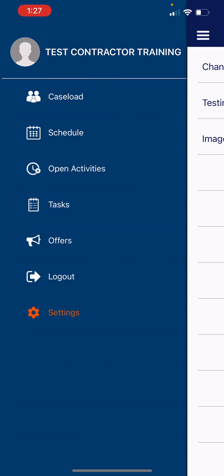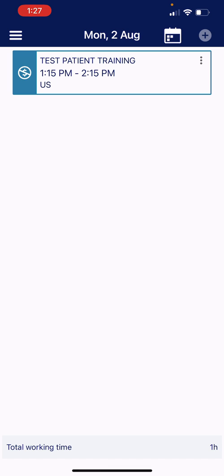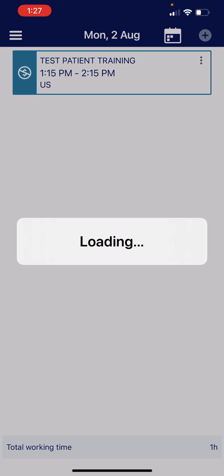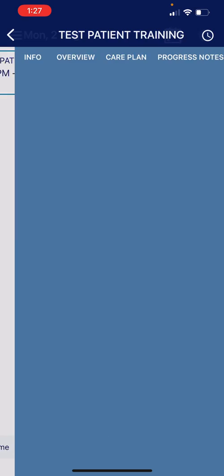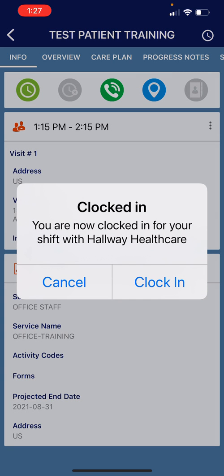Going back to the three lines and to my schedule, I'm going to show you how to clock in for your shift. So when you go to the schedule, you're simply going to click the box of what you're scheduled for. And this is the overview of the information of your shift. So to clock in, you simply click the green circle clock. And when you clock in,